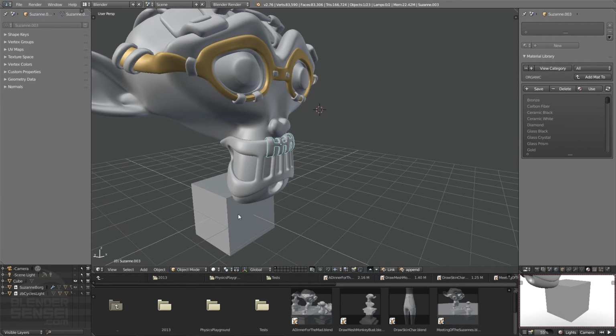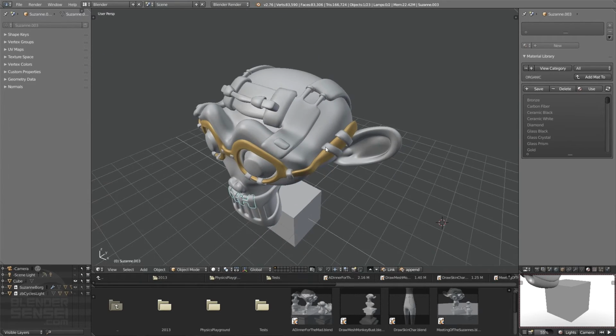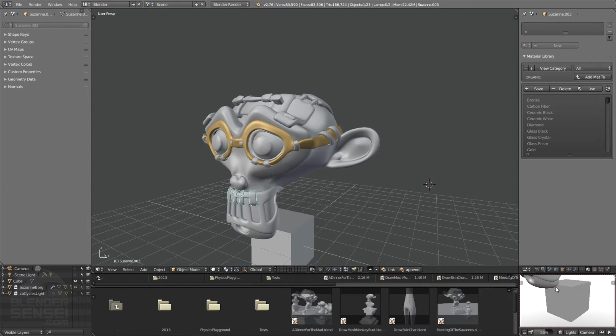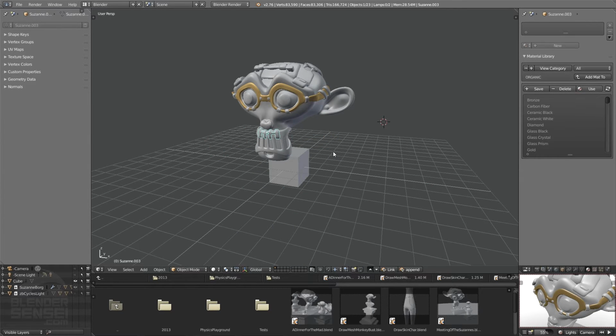You can tell because we have that cube in here. But anyway, you see that the changes have propagated up through here. So we could drag our camera up here, press our render preview button, and see that copper material on these glasses here. Basic linking works kind of decently if you didn't plan on it moving or anything like that, but